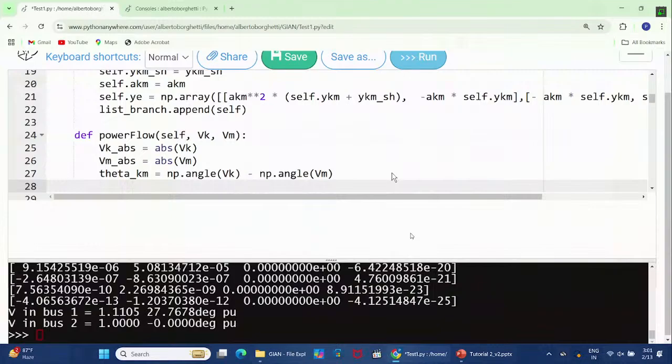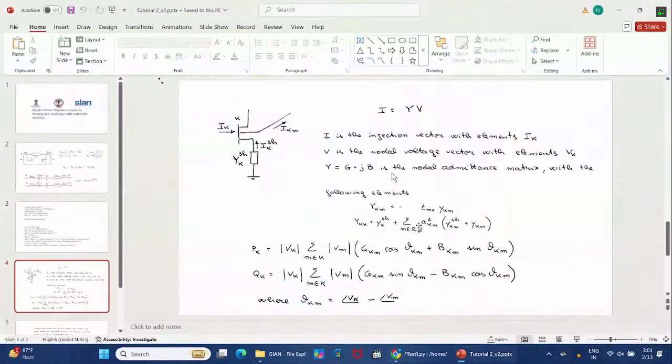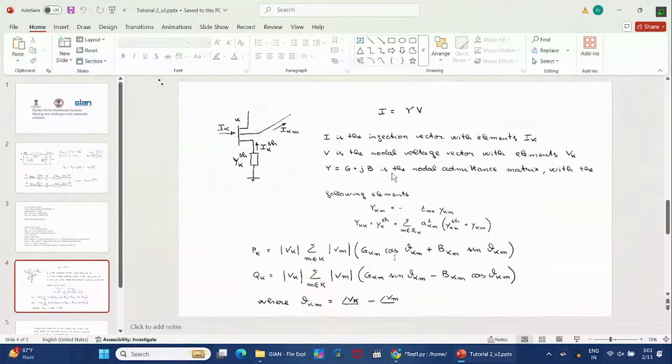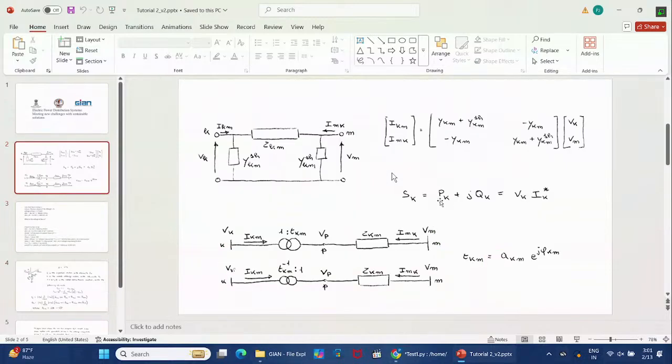And then we can write the equations, and the equation needs to be revealed also outside the object, so it is better to store them in self, self dot, and we can say the complex power Skm, that is going from K to M. How can we write this? We can write the equation with the sine and the cosine, but there is another equation that gives you the power. Probably I've written it here. Yes, it is the power, equal to the voltage times the conjugate of the